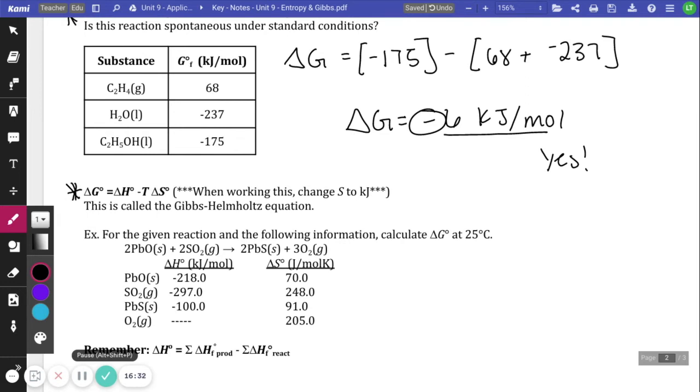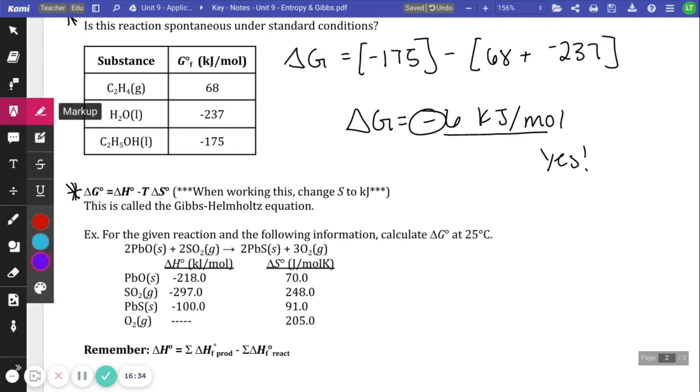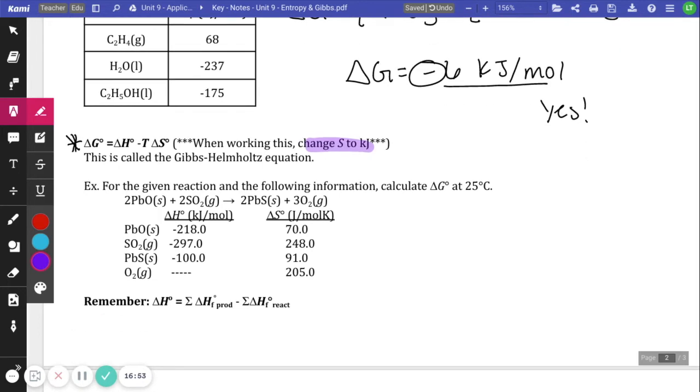Now, one really, really important thing to remember is that we have to change our S to kilojoules. Our S is in joules most of the time, so we just divide it by 1,000 in order to get it into kilojoules. This is called the Gibbs-Helmholtz equation. Again, it is another way that we're able to determine the thermodynamic favorability of a